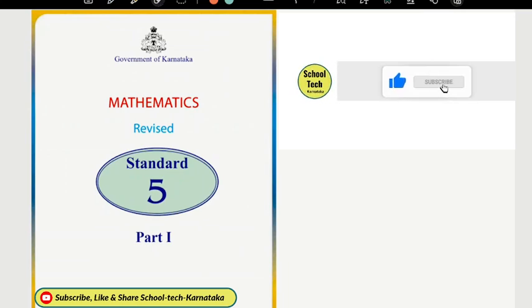If you are studying in 5th standard, then you have come to the right place. We'll be studying Mathematics Part 1 and Part 2